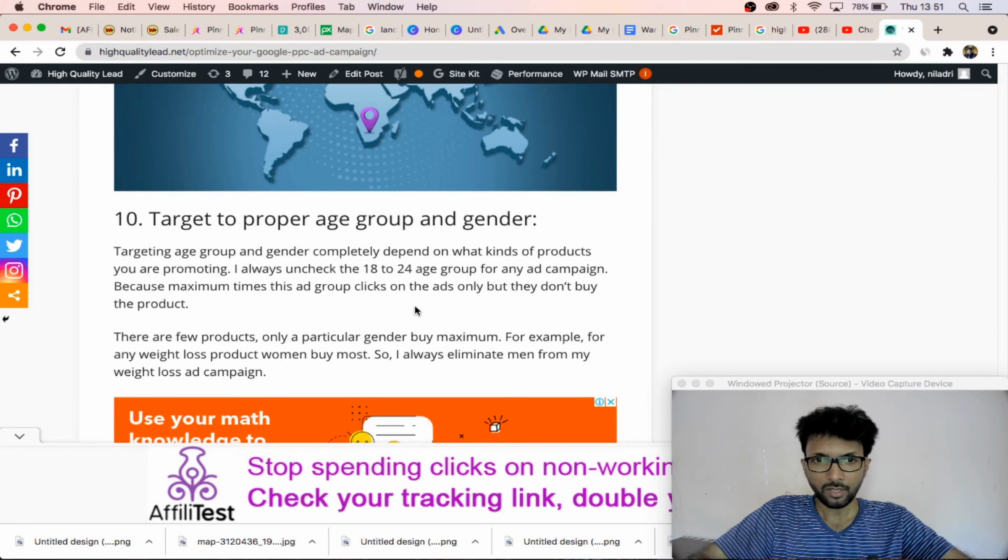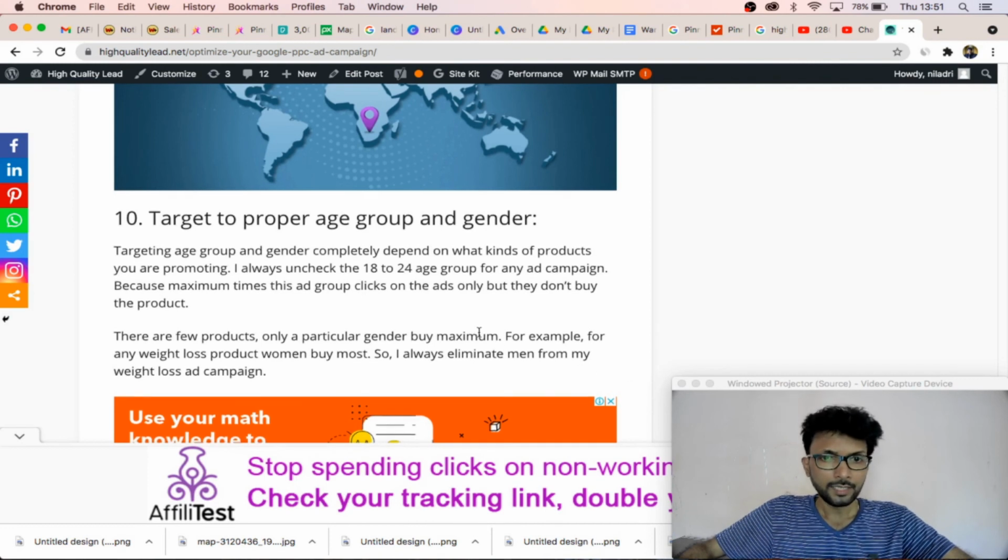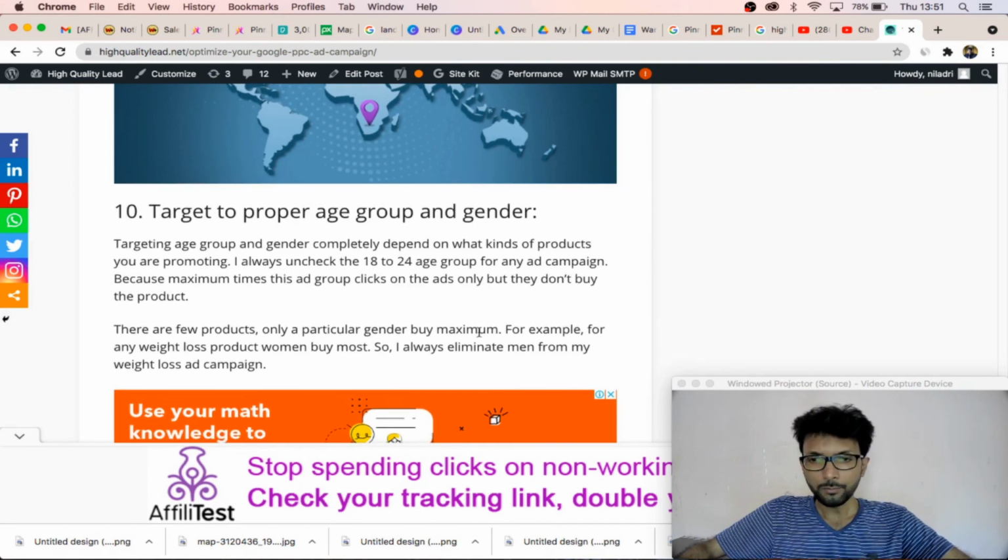And above age group, like above 25, it's okay, they have the capacity to buy and they also buy the products. And the next is the gender. Some few products are gender specific.